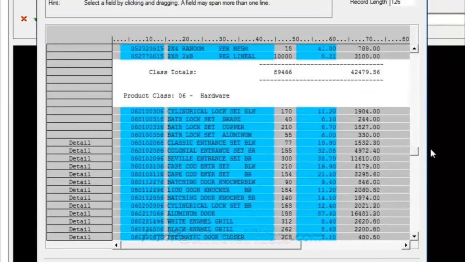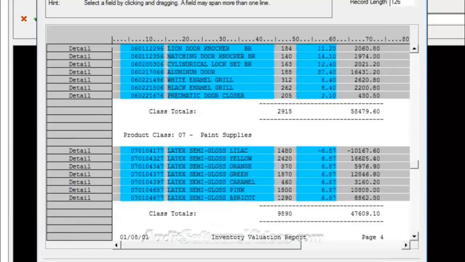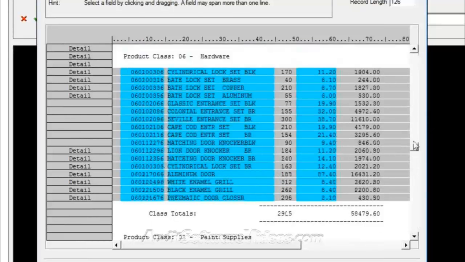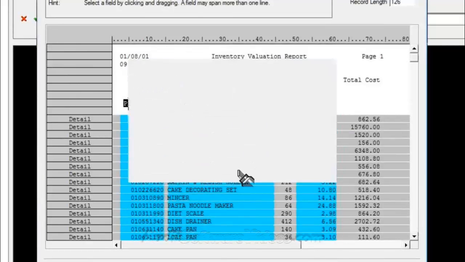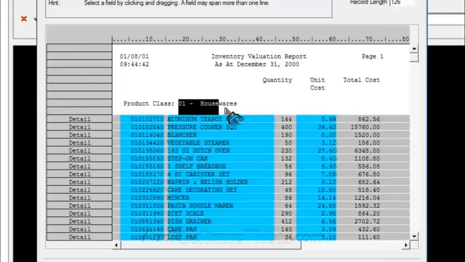So notice here we have product class happening. Actually, I'm just canceling that. We have product class happening, the words product class, and they only happen in certain cases whenever there's some detail below it. A lot of times customer information is up here, name, address, city, state, zip, that kind of thing. And what you can do is highlight,